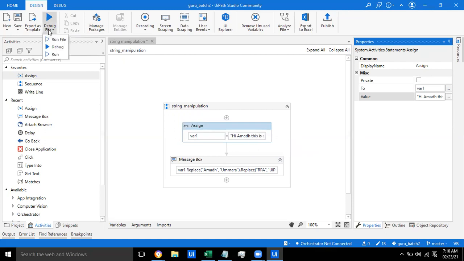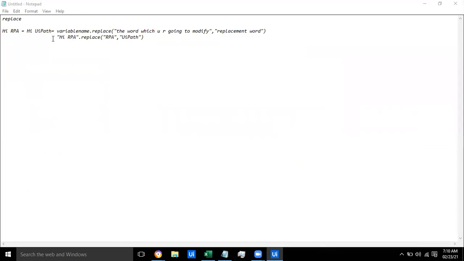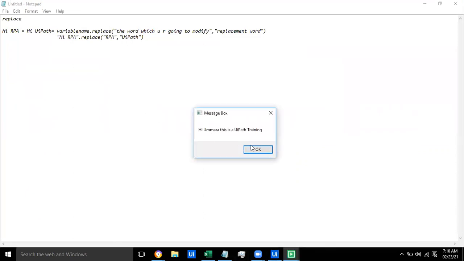We don't get any error and we don't get any replacement, guys. The bot will try to find the value Syed, and if it finds the value Syed, it will convert it into Ibrahim. Else it will simply skip that.